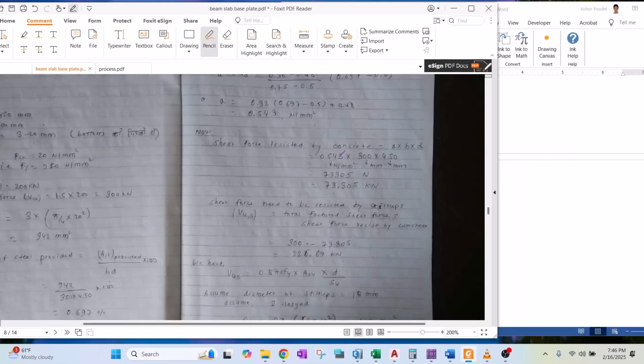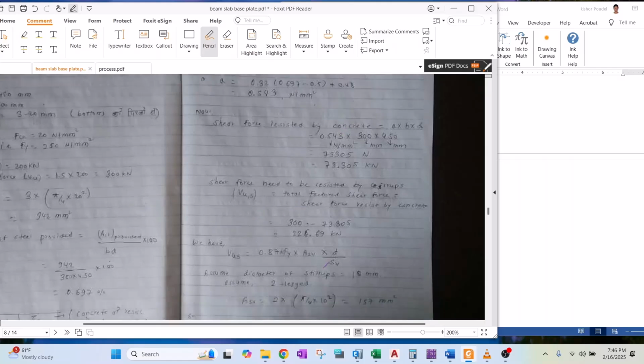So the excess shear force now needs to be resisted by the stirrups. Before using this equation, you should calculate the extra shear force that should be resisted by the stirrups. So the extra shear force is 226 kilonewton,